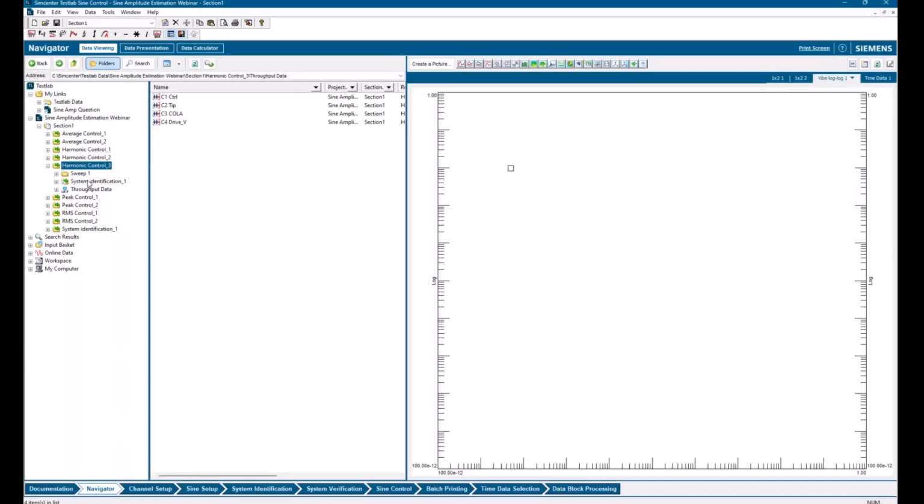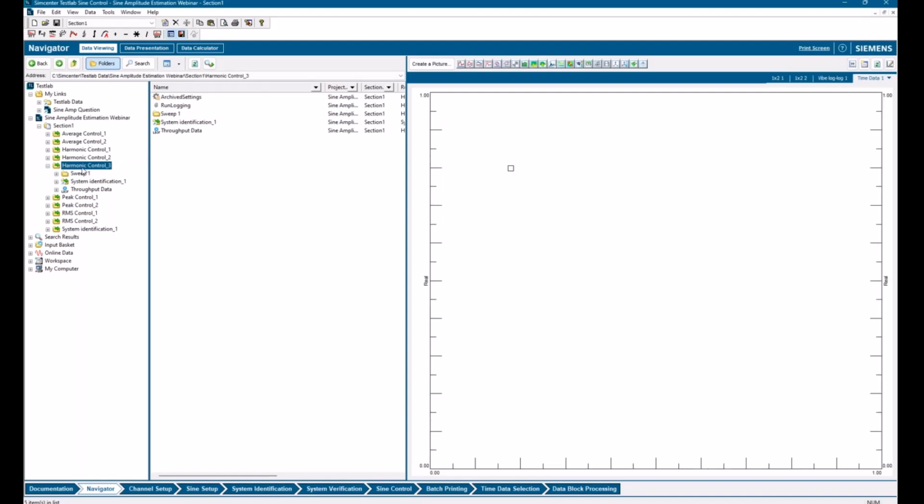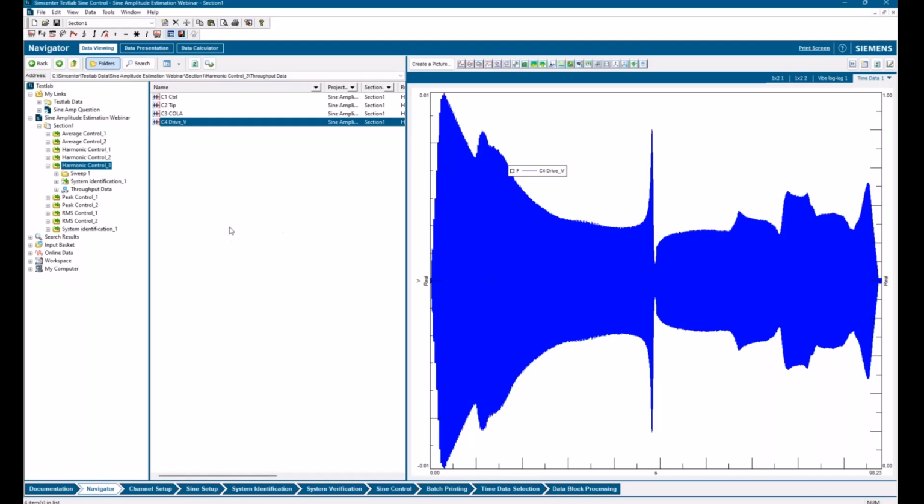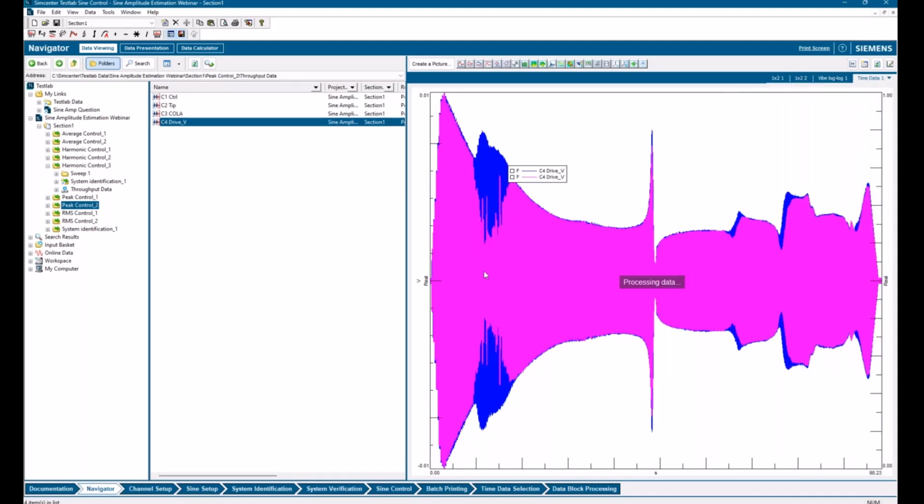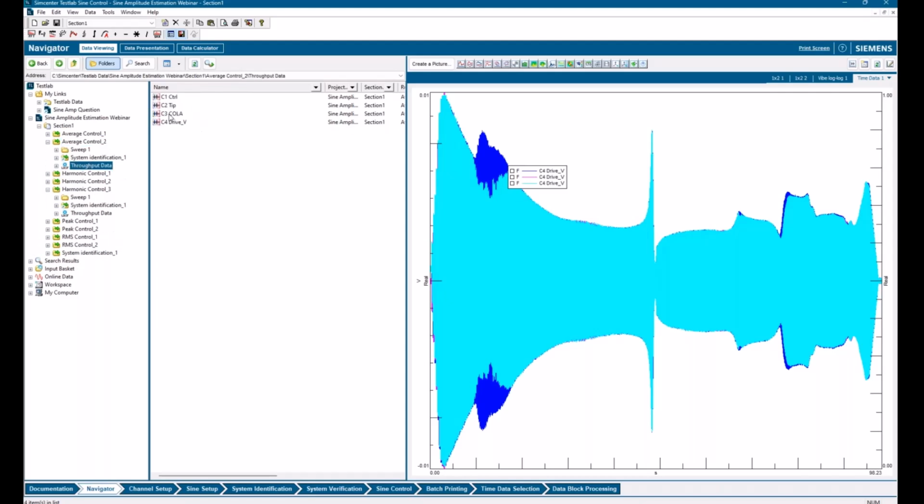I think the next thing to look at is between the different runs that we did, we can actually look at the time data of the drive there. So we'll put harmonic in, then we'll put our peak in, then RMS, and then there's average.